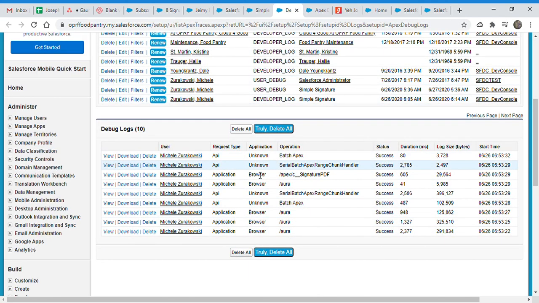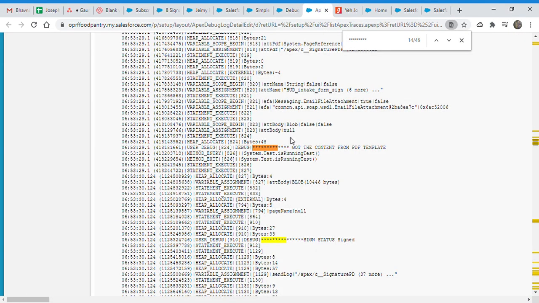With our batch processing, we got the content, which is 10,446 bytes, and I looked at both debugs and did not find any difference other than this line 827 where we get the PDF. So I will keep researching why, when we call our page reference getContentAsPDF from an aura enabled method, it returns a blank PDF. And this is happening only when we call a page which is created in this org, not our package org, which is also weird.